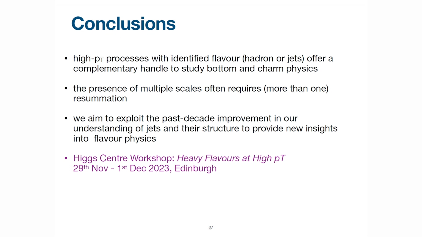The presence of multiple scales usually requires more than one resummation, and combining these resummations is not always straightforward. But I think now we understand the basics of it, at least at next-to-leading logarithmic accuracy. And so we are in a position to take what we learned from jet substructure studies of the past 10 years, what is known about flavor physics, and try to merge them together to study heavy quarks from